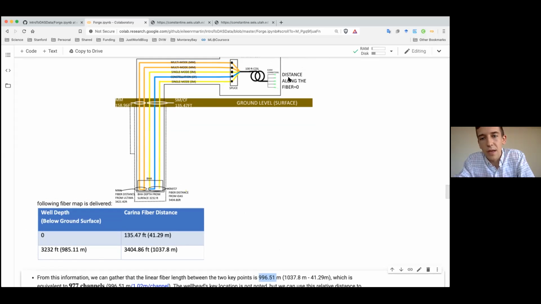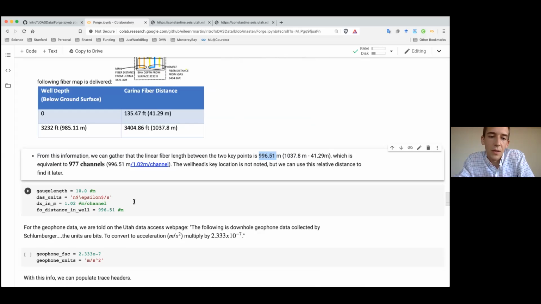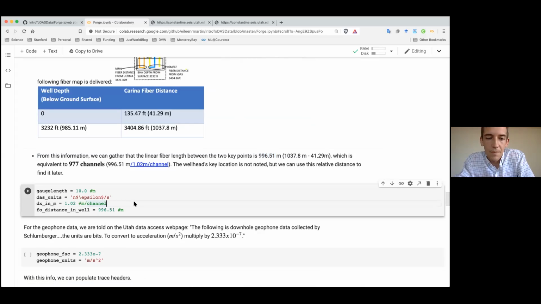You know, there's extra fiber in the instrument, for example. There might be extra fiber at the end of the well, but as long as we know these two key locations and the relative distance between them, that's all we need. So establishing the fiber optic distance in the well is all we really need. So if we run these parameters,